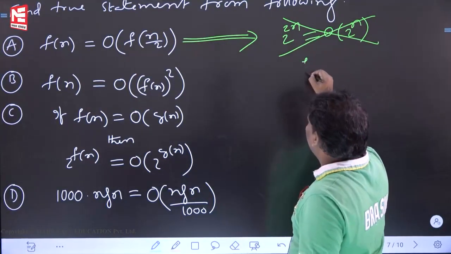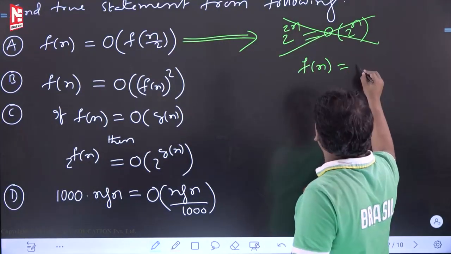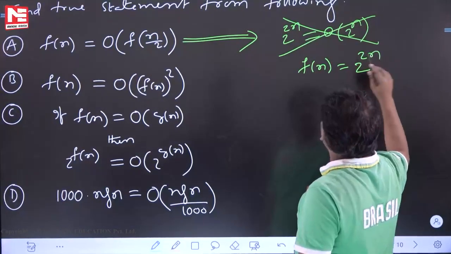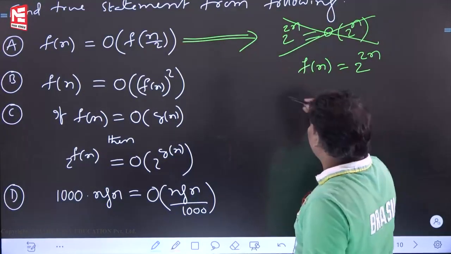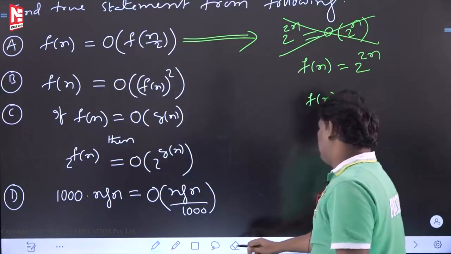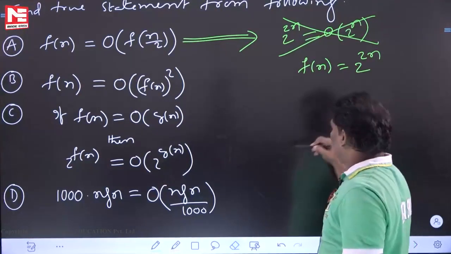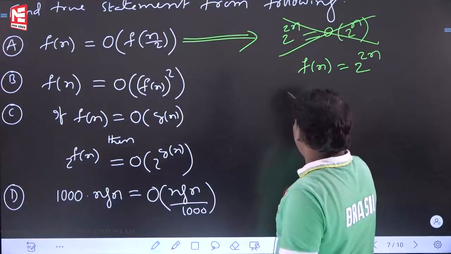See the option A now. Assume that f of n is equal to, for option A I am explaining, assume that 2 power 2n. Then what is option A saying? If f of n is assumed to be this one, then option A is saying that,